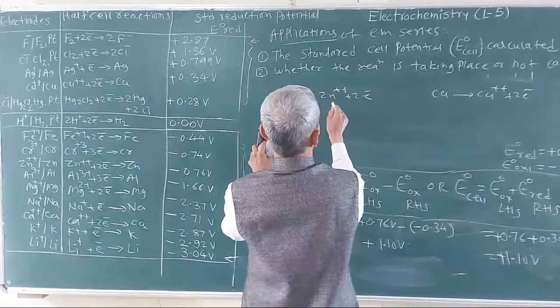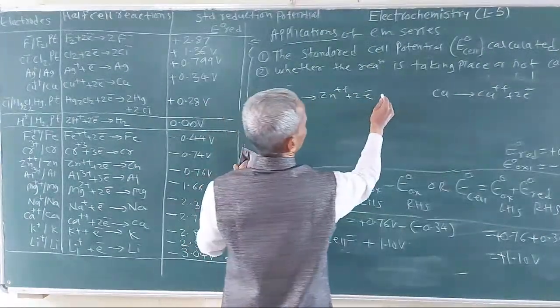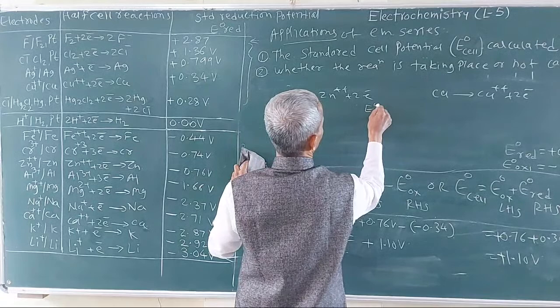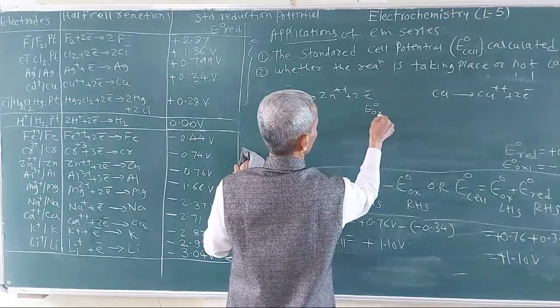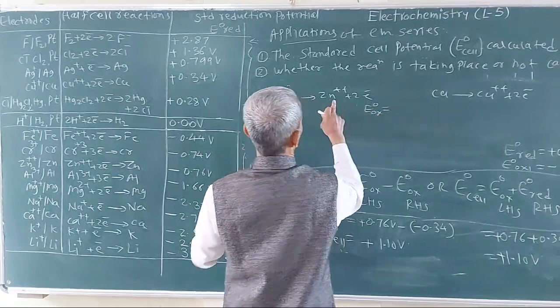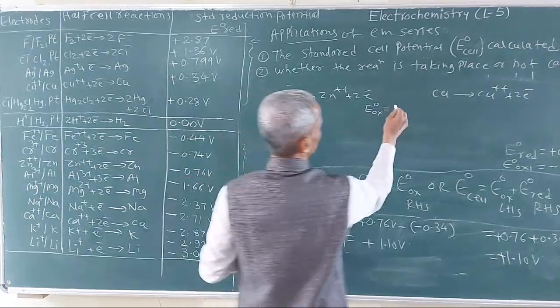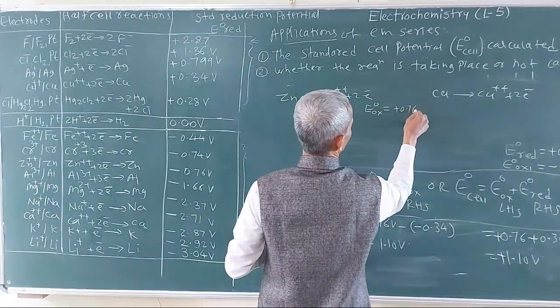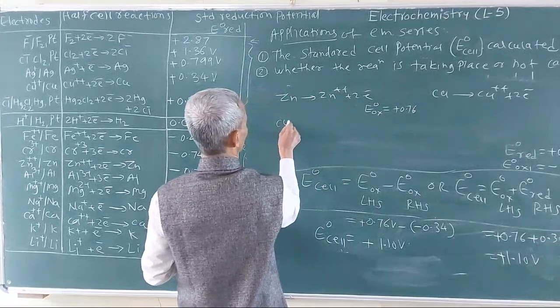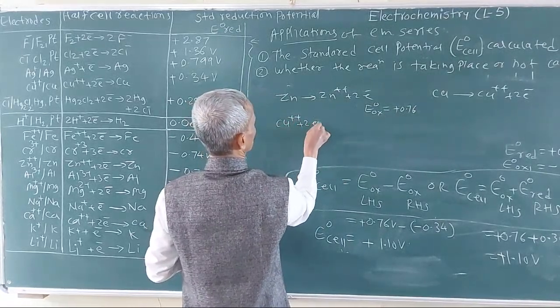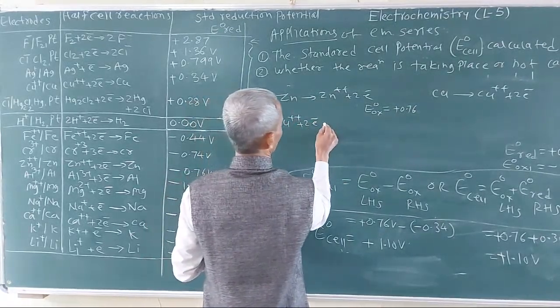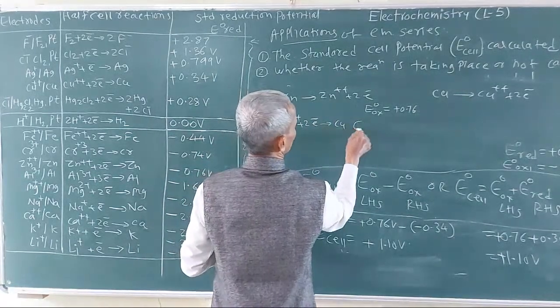So this is again the E0, this is the oxidation process. So for oxidation of this Zn it is plus 0.76. If you consider the reduction of this copper, this is the reduction type of cell,